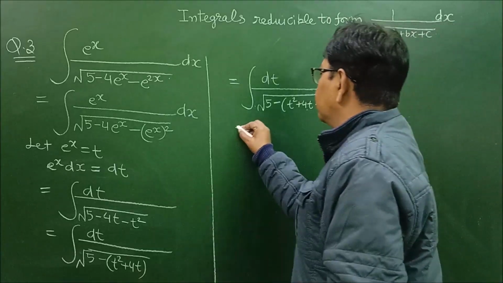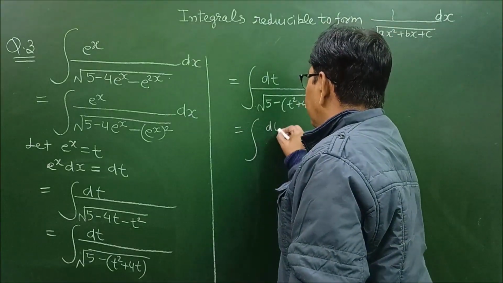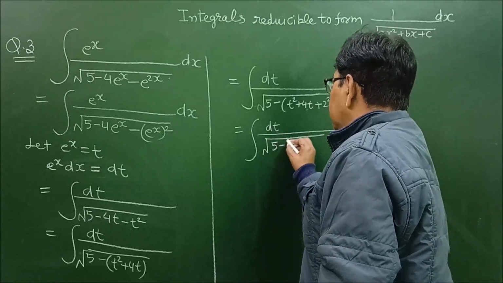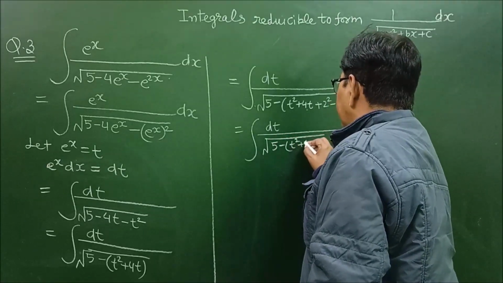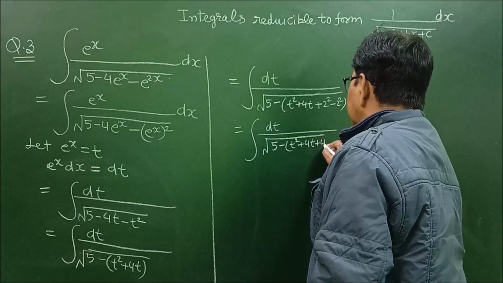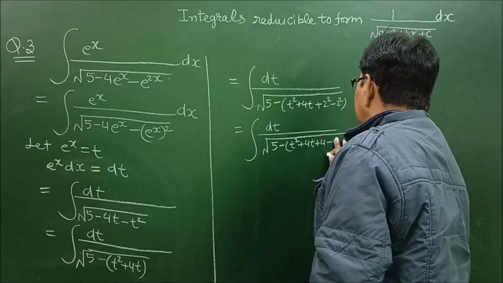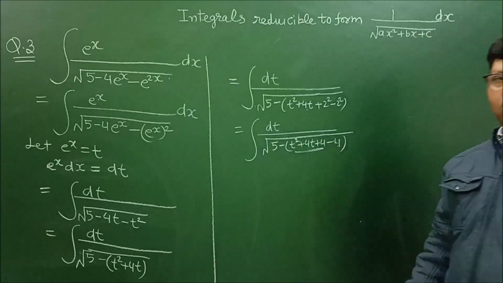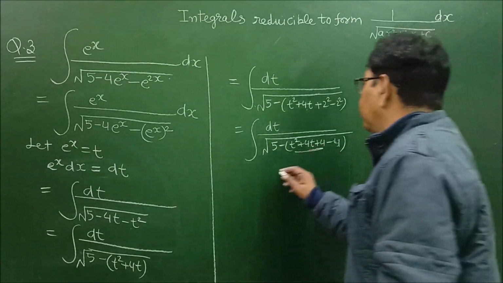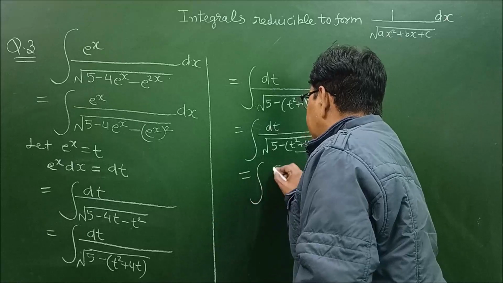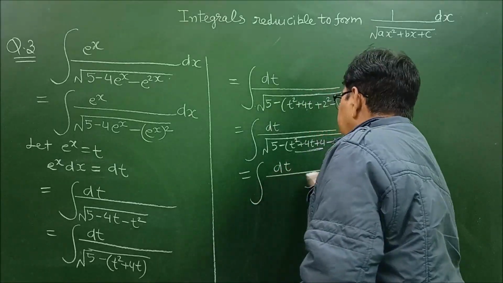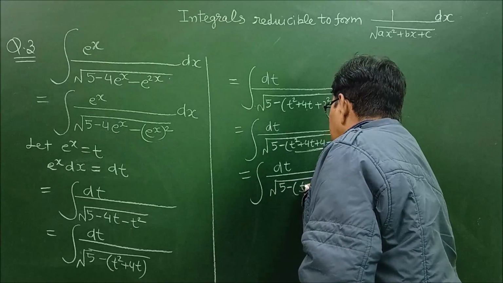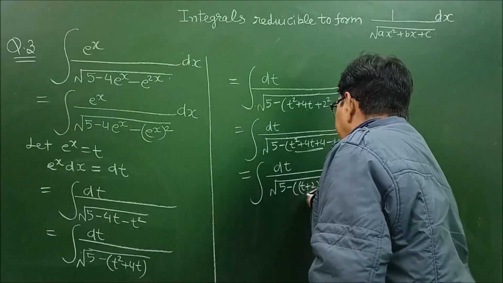So this is equal to the integral of dt upon under root of 5 minus (t square plus 4t plus 4 minus 4), and these three terms make a perfect square. This is the whole square of t plus 2. So this is equal to the integral dt upon under root of 5 minus ((t plus 2) whole square